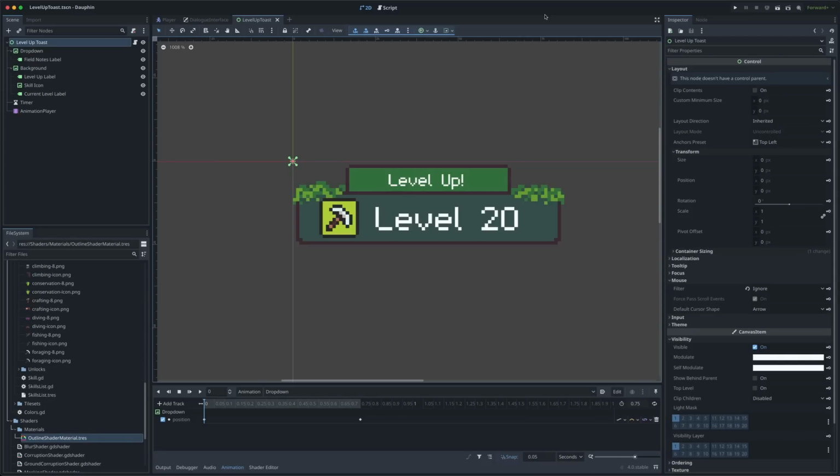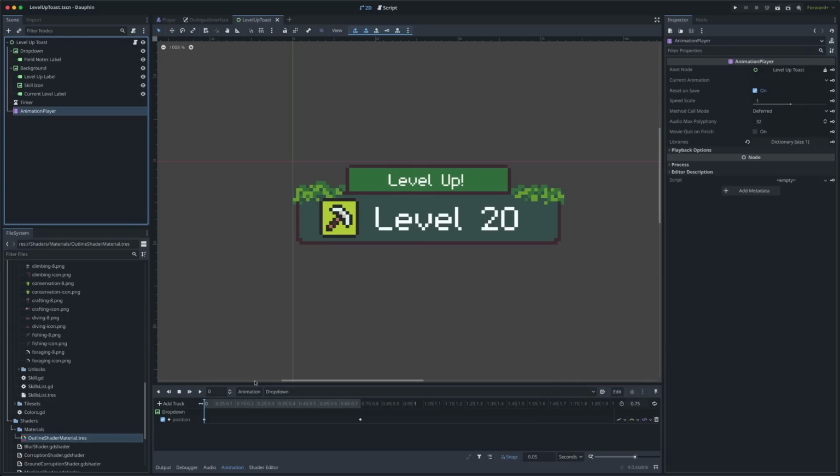My first attempt at a solution here is this guy, which is a new scene I'm calling Level Up Toast. And quite obviously, this is just a fancier way to tell the player that they've just leveled up a skill. We have an icon corresponding to the skill here, as well as the new level that the player has just hit. And apart from just this kind of nice looking UI, I also have an animation here I can show